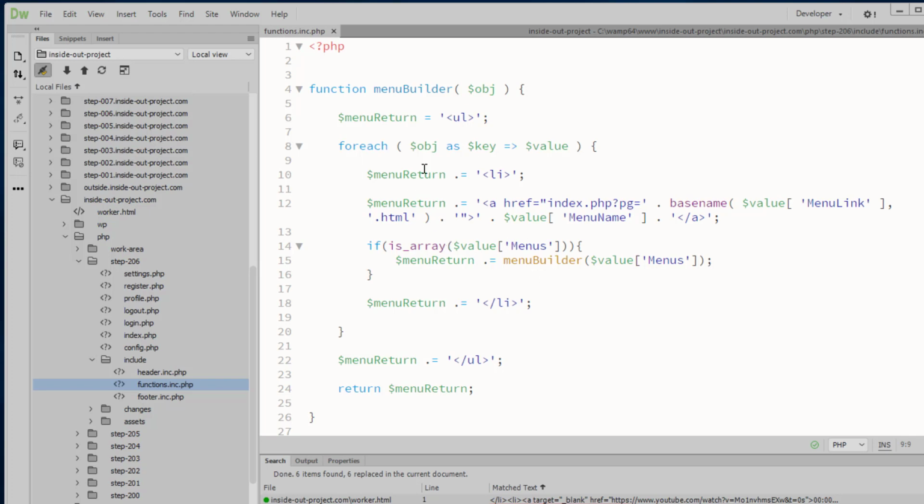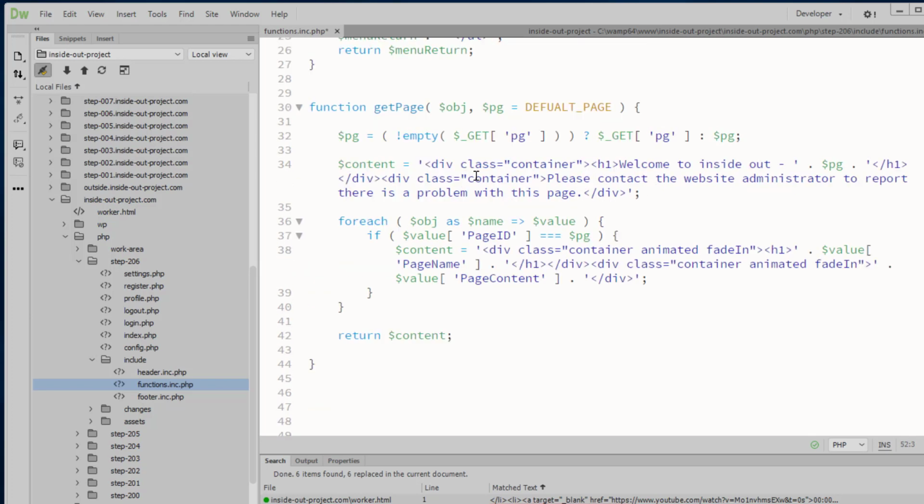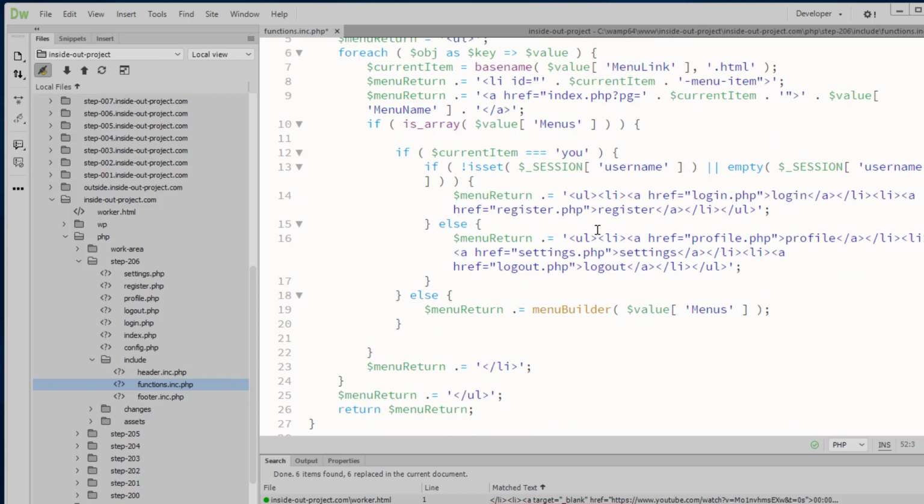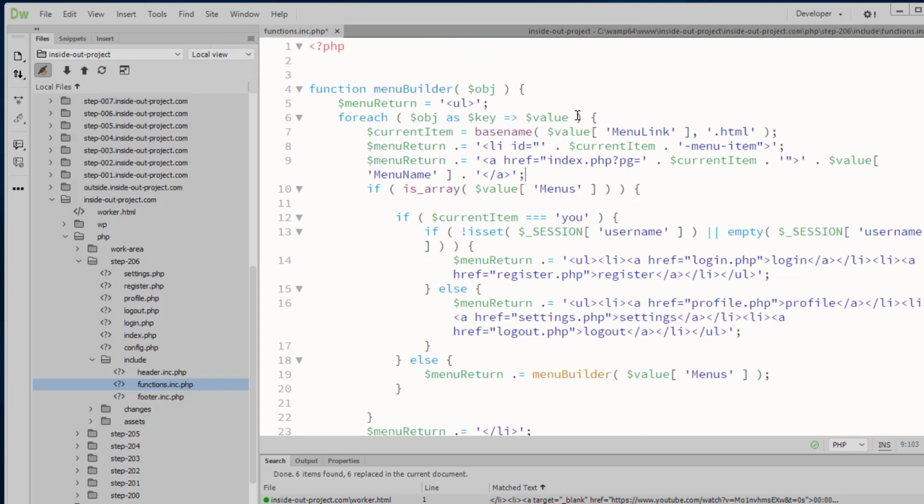Now, we have some static pages that are involved, and in order to get those pages, we bring them in, and what we're looking for is what our current menu link is, and then we're building our menu return. So we're actually building the menu like we were before. But what we've added in is